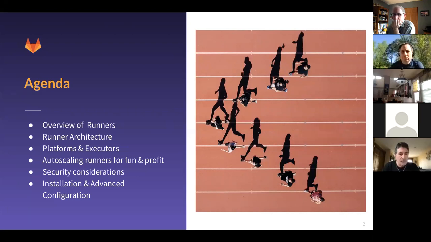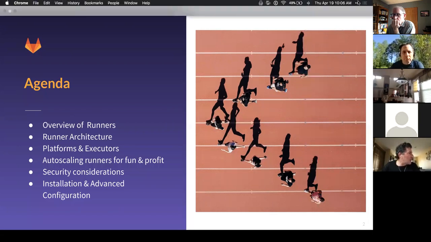Then we'll go through the architecture of how runners interact with the GitLab server. We'll talk about different platforms and executors for the runner, autoscaling and how that works, security considerations, and then how to install and some advanced configuration of runners.